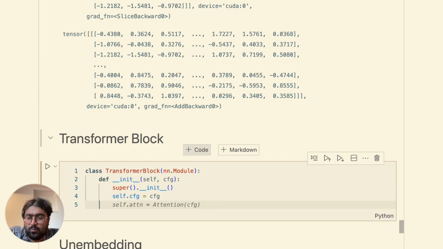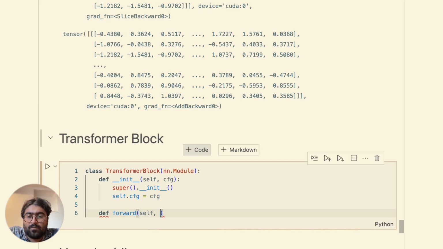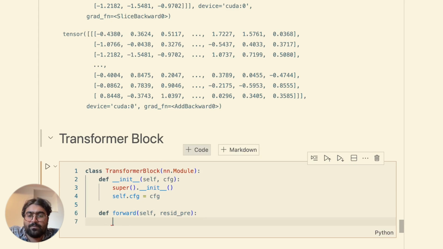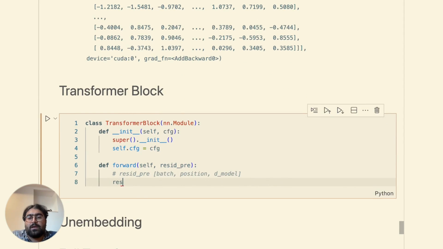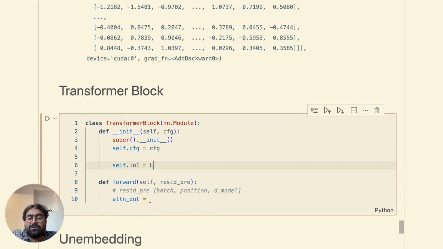This doesn't even have any weights. So as input, we get the residual stream. I use pre, mid, and post to denote where in the block we are. Then we calculate attention out. Oh yeah, we got to define the layers. So we define